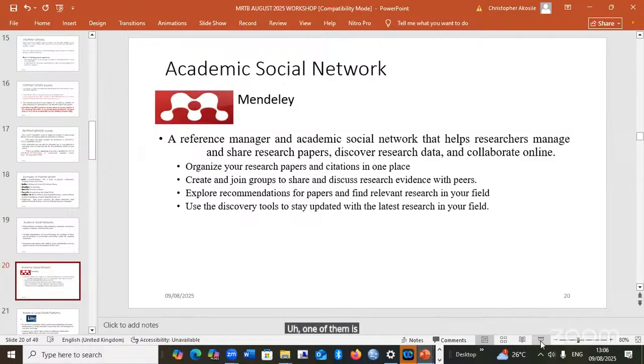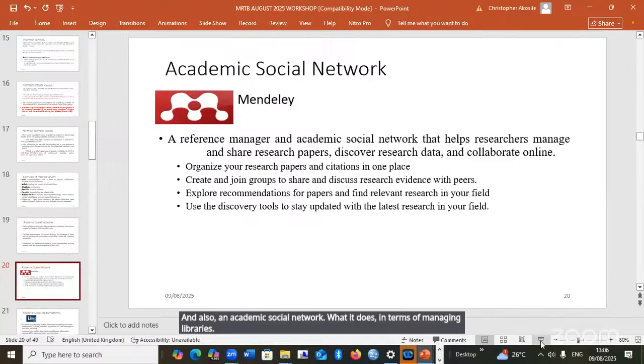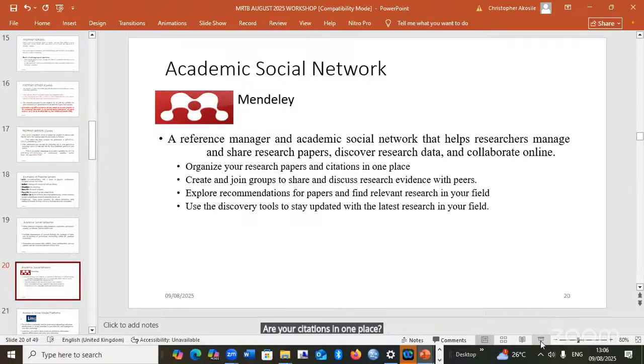One of them is Mendeley. Mendeley is primarily both a reference manager for managing your references and also an academic social network. What it does in terms of managing references is to help organize the papers and your citations in one place. But as a social network, it also lets you create and join groups to share and discuss research evidence with other people.